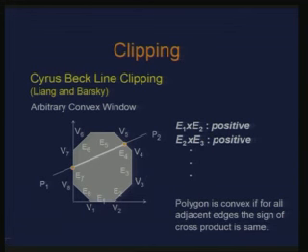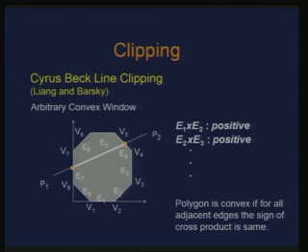So, if I just take the cross product of all the adjacent pairs of edges, it turns out that in this case they are all going to be positive, or if I had chosen a different convention they could have been all negative. So, basically what we are saying is that if I find that the cross product of the adjacent edges has the same sign, then I declare that polygon as convex. Is it fine?